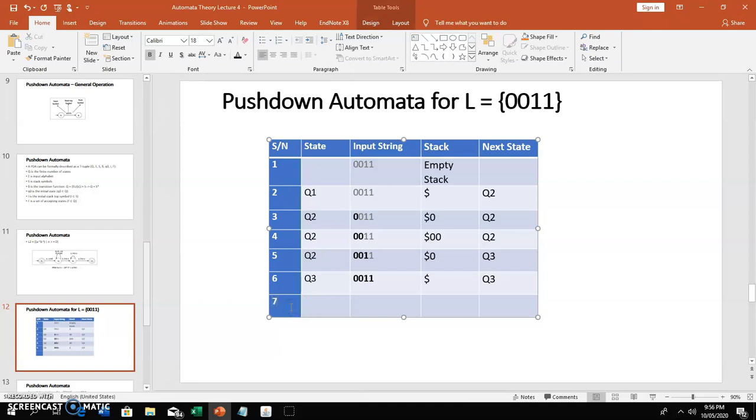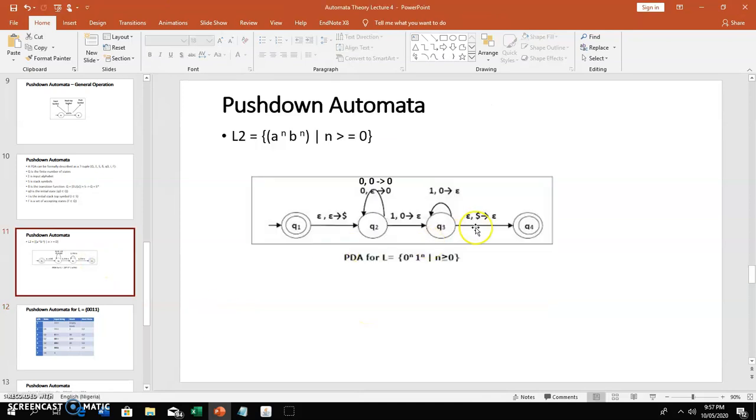So finally, the seventh stage. We're on state Q3, and we've already read everything we are supposed to read. But we want to take out the initial stack symbol that we initiated here. So what are we reading in? We are reading in empty, epsilon, just like we have here. So if you are having epsilon,